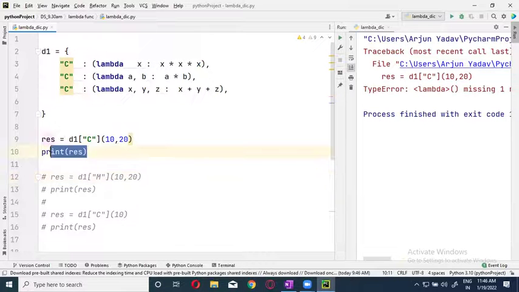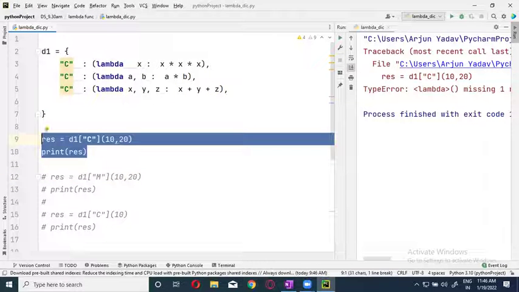This is happening because Python does not support overloading. Now, overloading